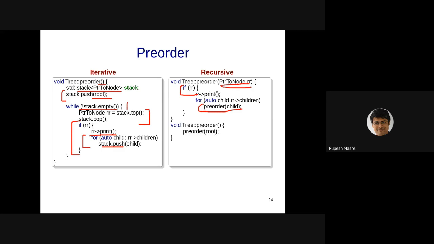So in case of recursive, if the root is 1, which has two children, 2 and 3, I'm going to call this function with 1 here. 1 is going to get printed. Then for children 2 and 3, I'm going to call pre-order, in that same order. So pre-order of 2 will get called, which will print 2. And then pre-order of its children, it doesn't have any children, so it returns. Then pre-order of 3, the second child of 1, is going to get done, and therefore it will print 3 here. So the output is going to be 1 followed by 2 followed by 3.